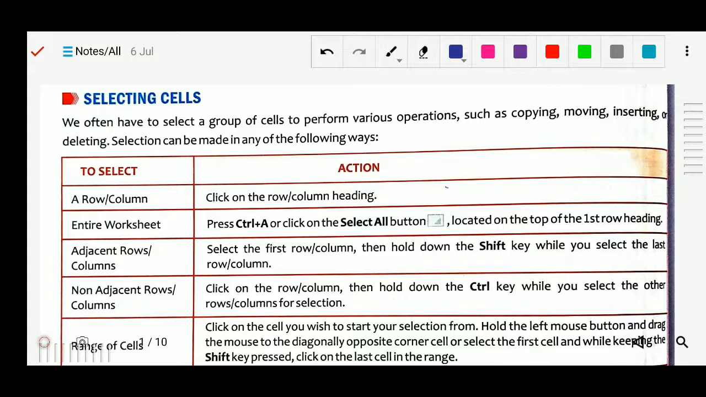First, to select a row or column, click on the row or column heading. This is the method for selecting a row or column. The entire worksheet we can select by the shortcut key Ctrl+A, or click on the select all button. This is the select all button located on the top of the first row heading. By this also you can